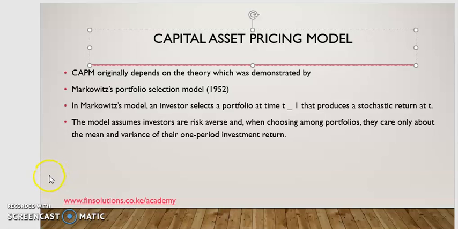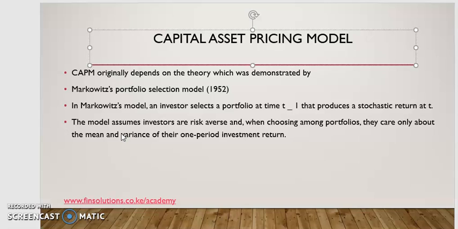Today we'll talk about the capital asset pricing model. The capital asset pricing model was originally developed or demonstrated by Markowitz's portfolio selection model in 1952. In the Markowitz model, an investor usually selects a portfolio at a time period T that produces a stochastic return at